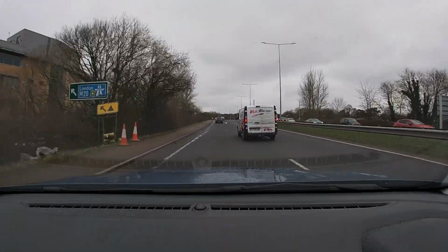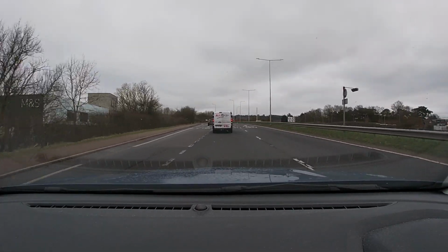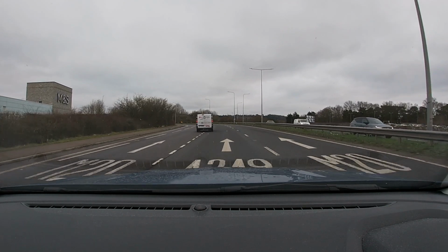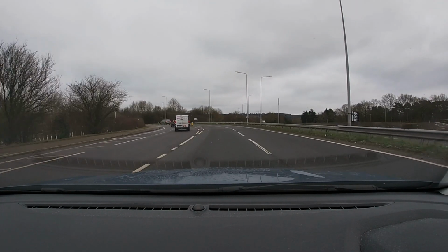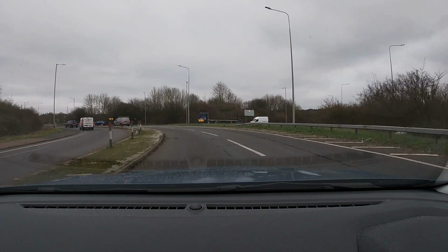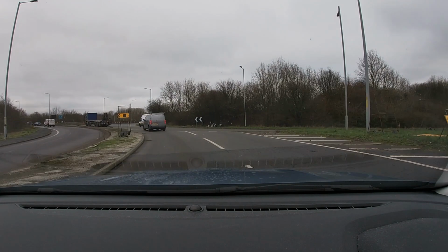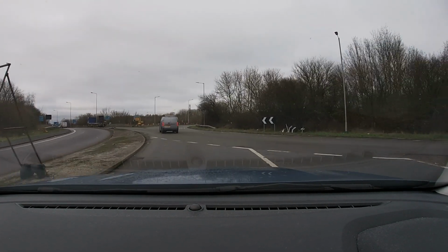No indication. Is he going to go over to the left? No. And bearing in mind he's a foreign line driver, yes, he's going to go to the left, so he's used completely the wrong lane, but we didn't need to stand on the brakes or catch us out. We expected it. Round we go. One on from the right. No, he's cleared now. Off we go onto the roundabout